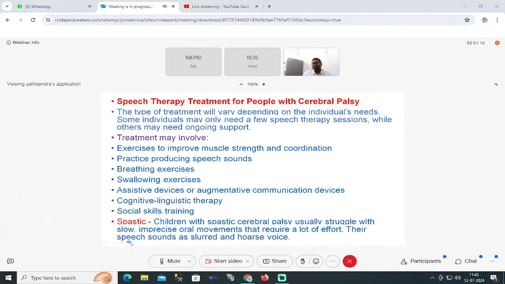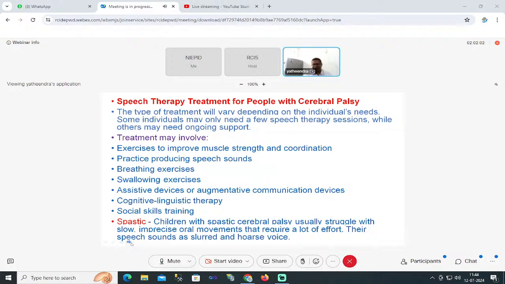Speech therapy treatment for people with cerebral palsy. The type of treatment will vary depending on the individual's needs. Some individuals may only need a few speech therapy sessions, while others may need ongoing support. For example, children with mild cerebral palsy, if they are not associated with other problems, may require some sessions of speech therapy